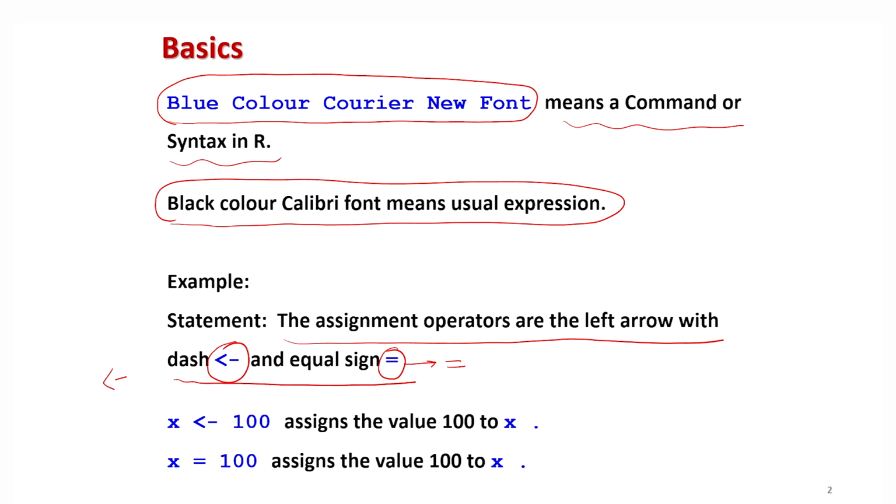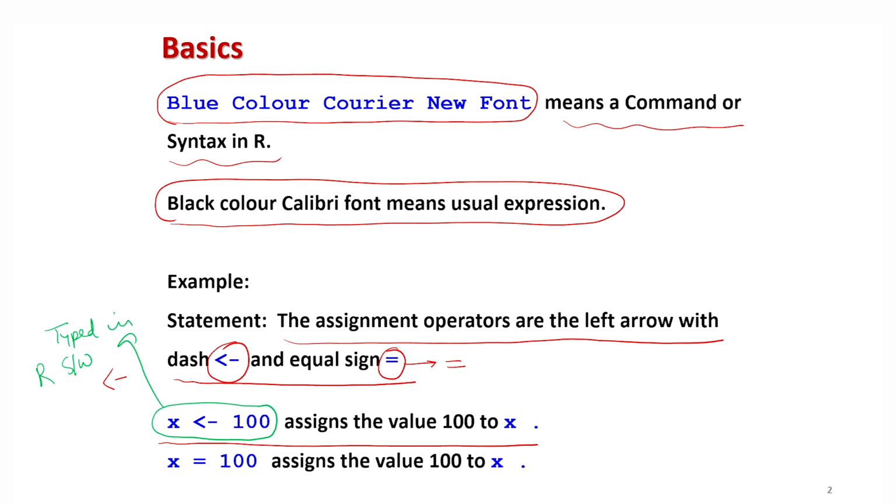Right. Similarly, suppose I want to explain how you are going to write x equal to 100 in the R software, and suppose I write here like this. You can see x less than dash 100. That means this is the part which is to be typed in the R software, and when you type it, it will give you a certain outcome.